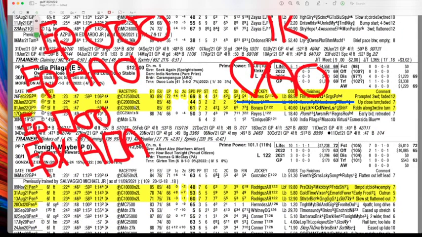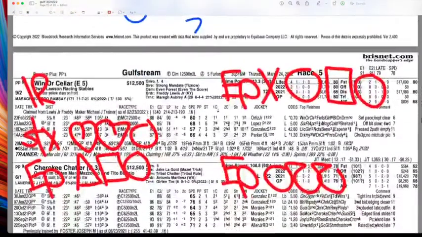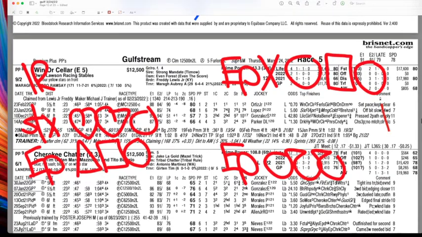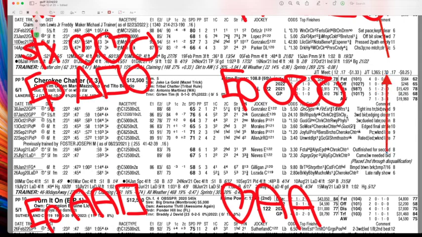Here's another class dropper. This is not a class dropper right here. This is coming from one of the worst tracks in the country, so this is a giant step up. I was highlighting it and talking on the show and just accidentally marked that, but we know that that's not a class dropper. This is another horse that just broke his maiden. So sometimes when everyone's stepping up, or this horse is definitely stepping up,